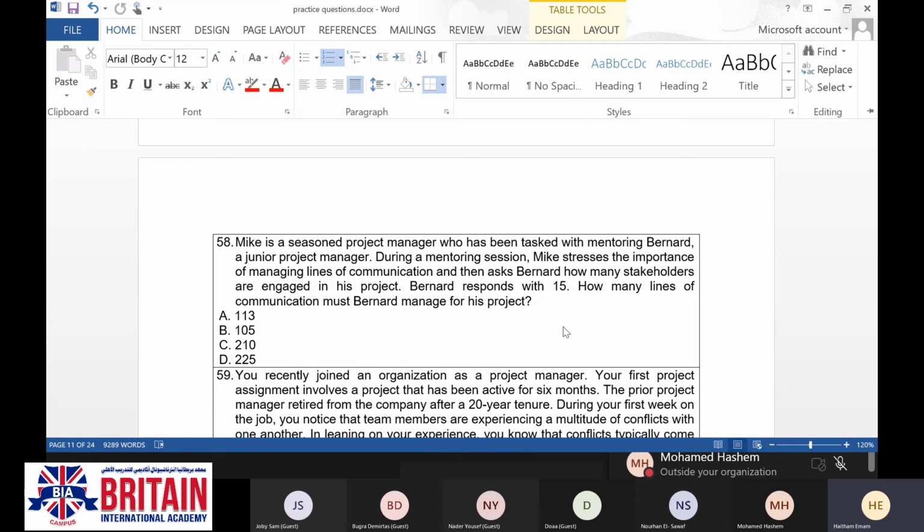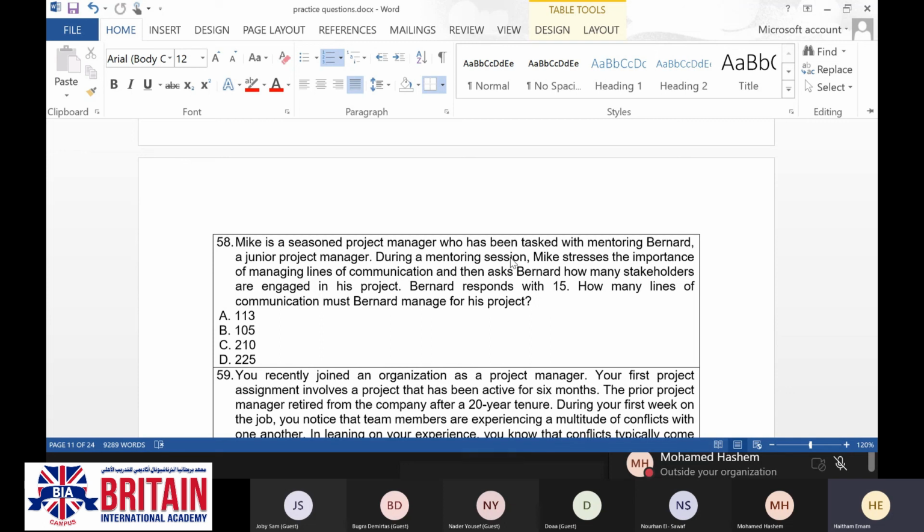And I told you, you just need to memorize this formula. Maybe in your exam, you will be given the number of stakeholders and you will be asked about the number of communication channels. A question like that is straightforward, and you need to memorize the formula and just put the numbers inside it and you will get the right answer.